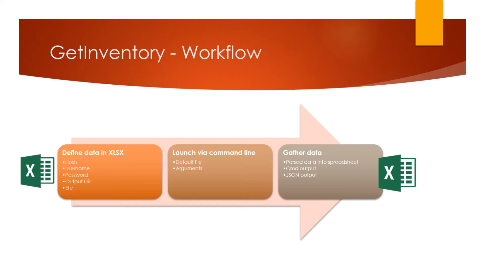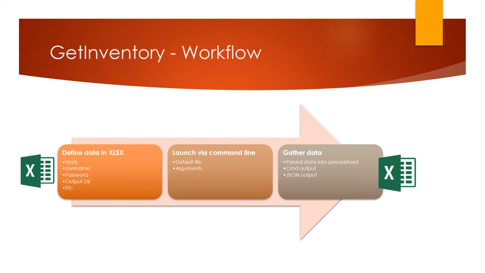The switch to pull up the help menu is -H. So for the arguments, you would run the Python file space -H, and it would show you what the available options were. So once that happens, the script is going to log into basically every device that's defined in the spreadsheet